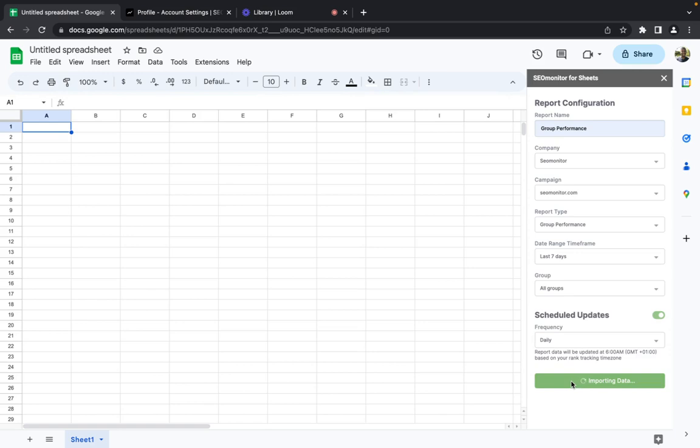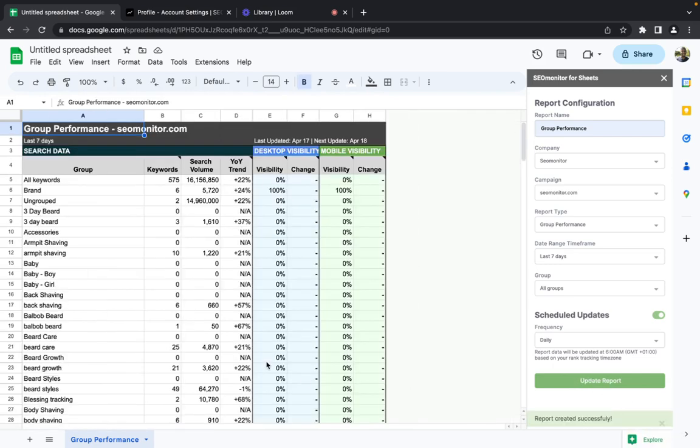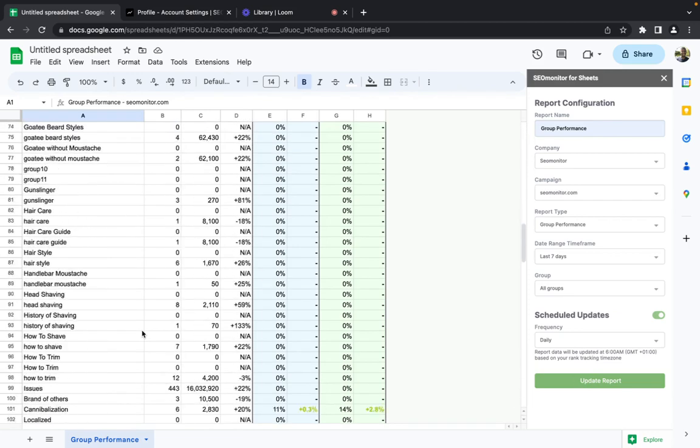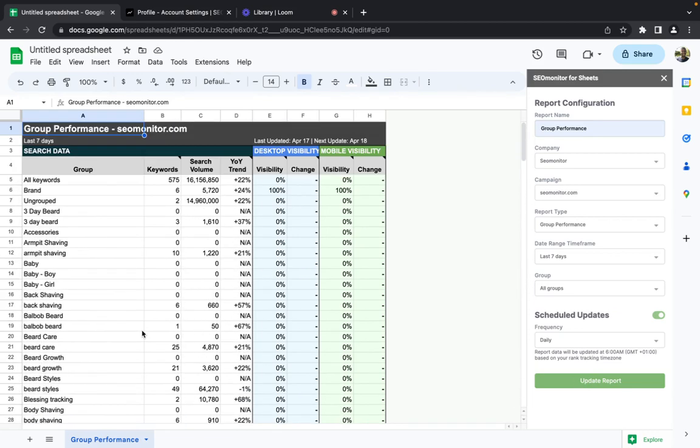So now what is happening is we are fetching the data from our API, from the SO Monitor API or from our database, and then creating the report for the user. Once this is set, we will be able to update this data on a daily basis so that the user can come and check, okay, these are my group